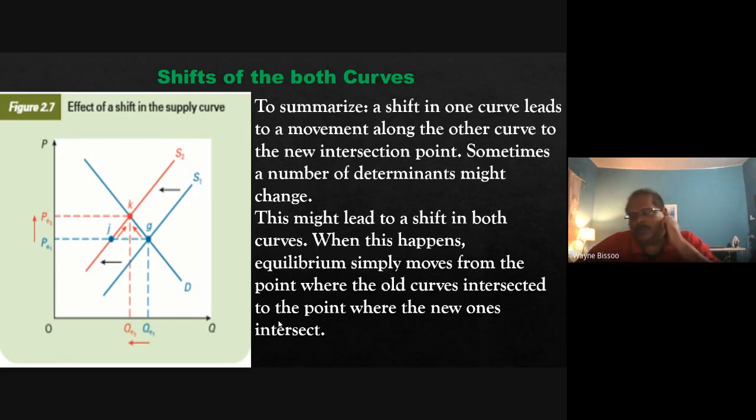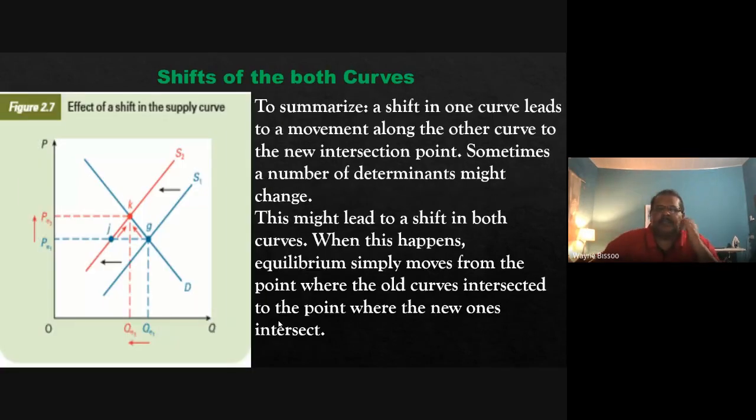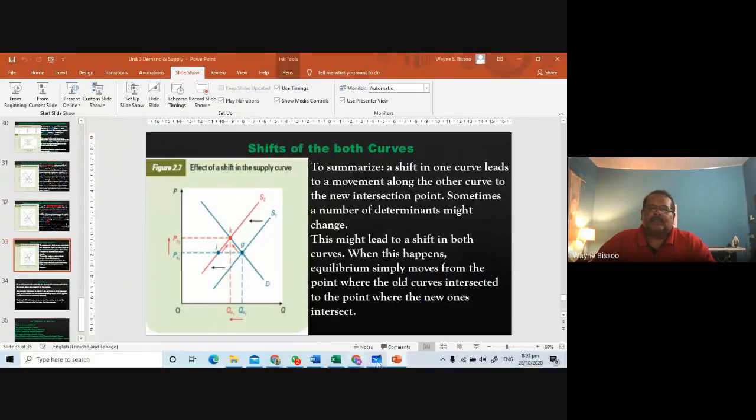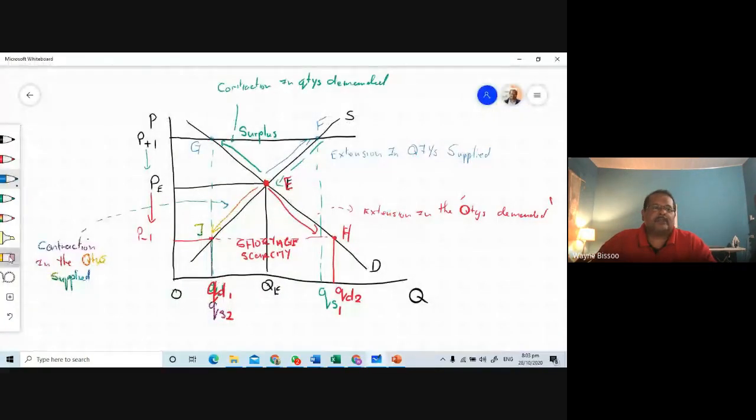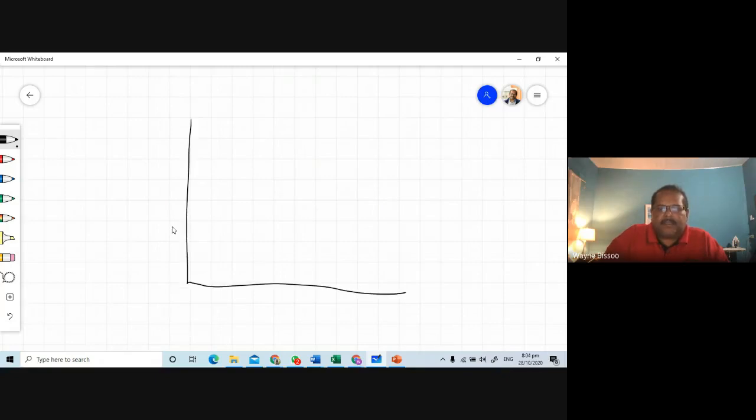So what we're saying there is that it can happen more than once. So if you're in a situation where there are multiple things happening in the market, you might find yourself with multiple shifts taking place in the marketplace. So again, if we go to any market,